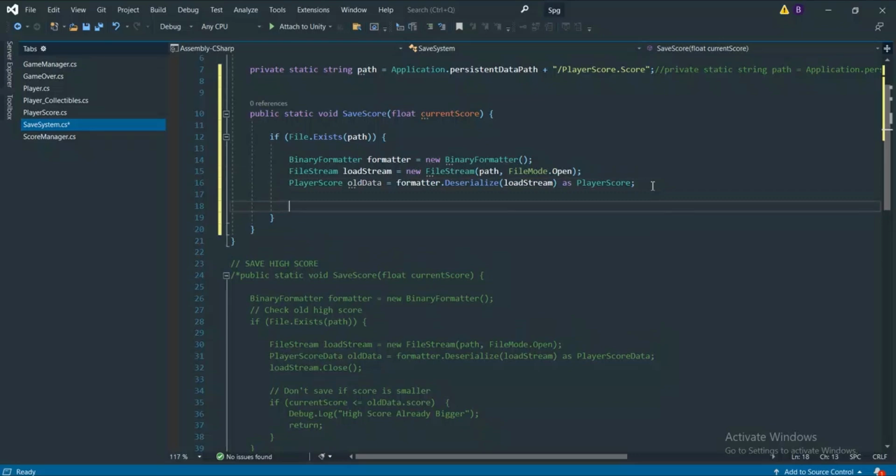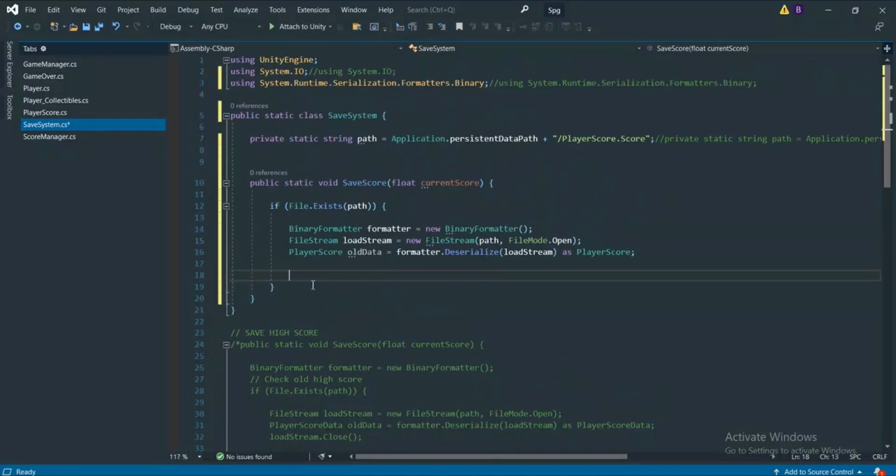If the current score is greater than the old score that we have, that means we need to save it. Let's suppose the old score is greater than the current score, then we don't have to set our current score as a new high score. So before we save our score, we just want to check. So let's use the